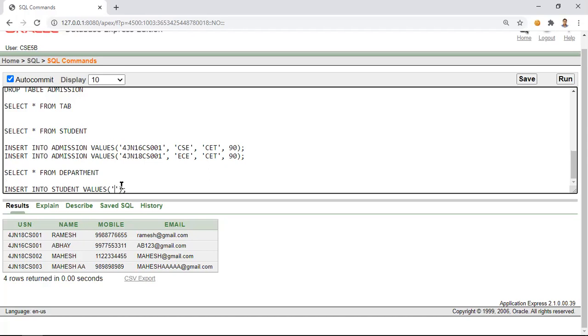So I will specify a USN over here. So 4JN18CS030. Okay. Then name I will not specify, so I will just give it as a blank. Then I will specify the mobile number, okay, and email ID also I will specify.